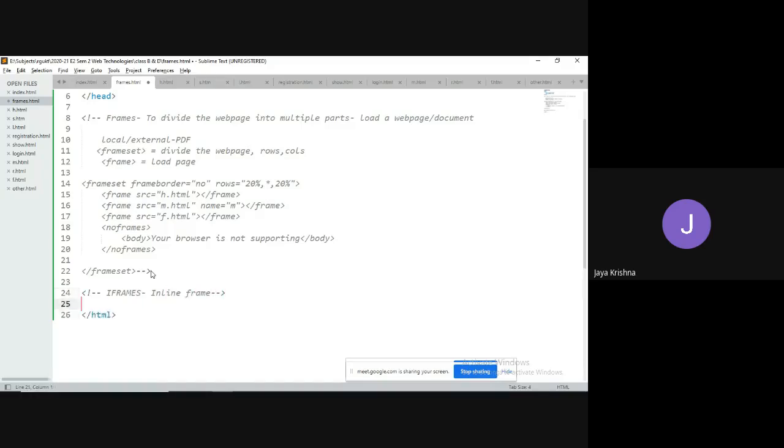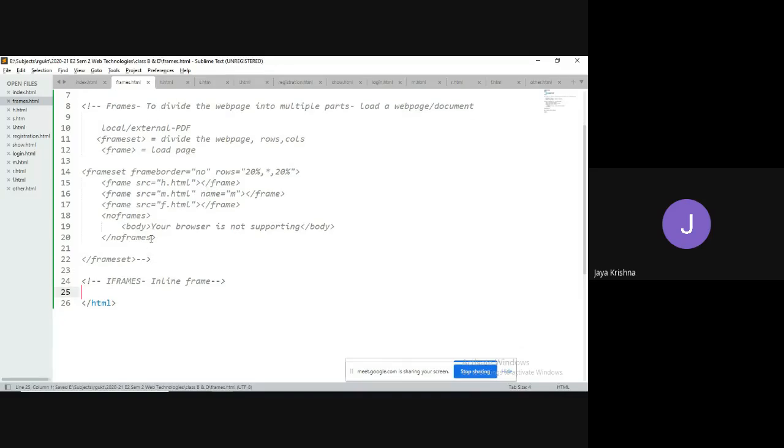Inline frames are also meant for dividing the web page into multiple parts, where in each part I can load a web page document. But you can use the body tag here, so that I can load any kind of element in the body of the web page.